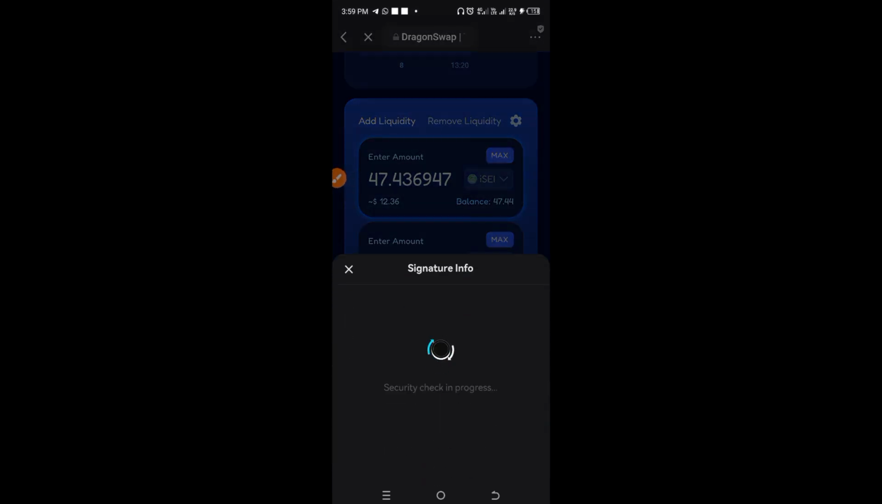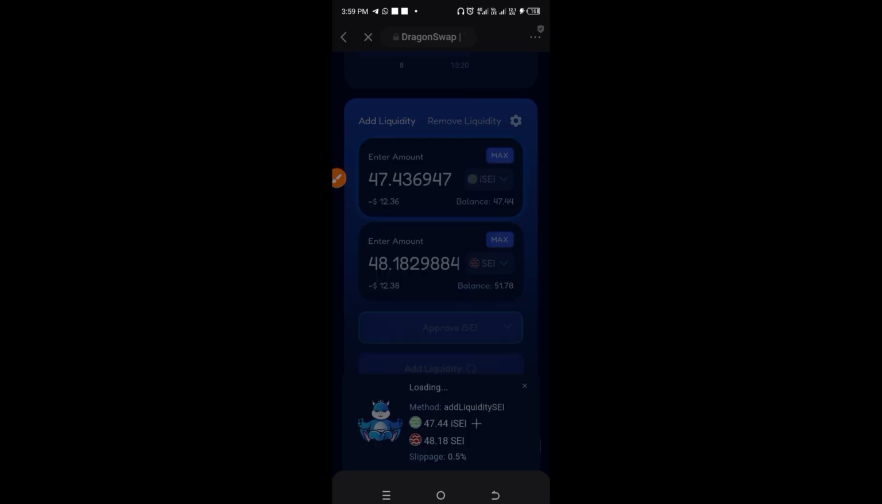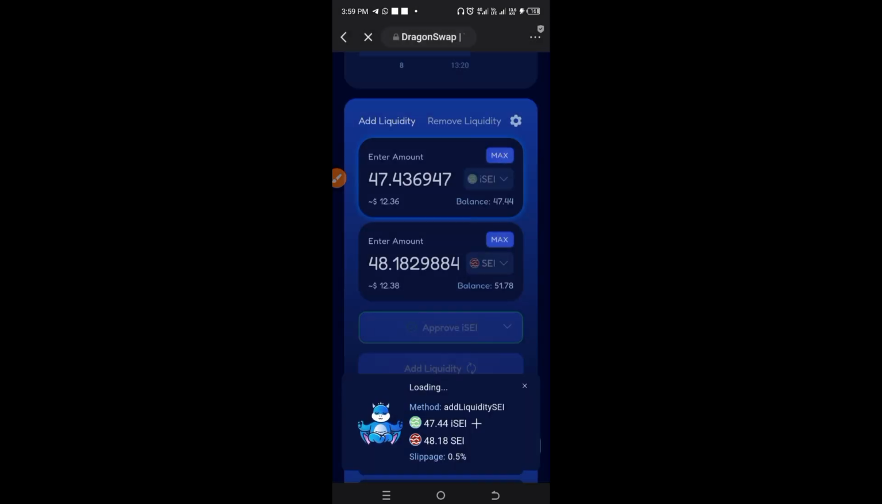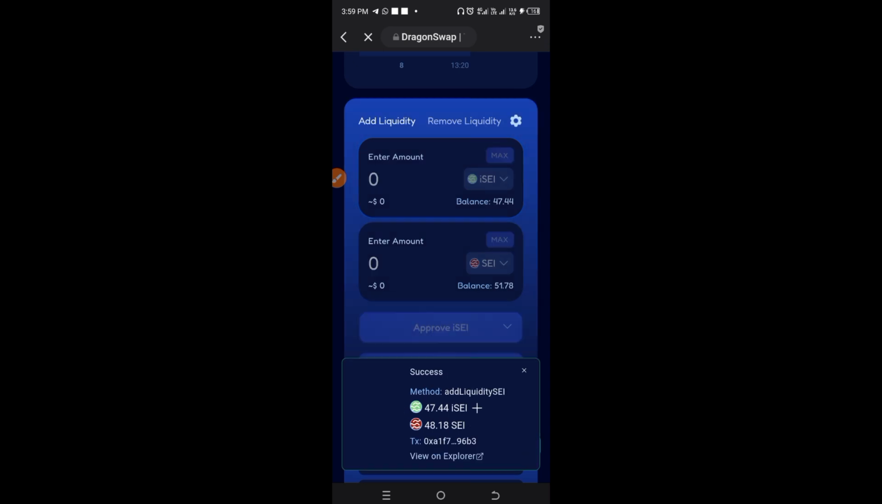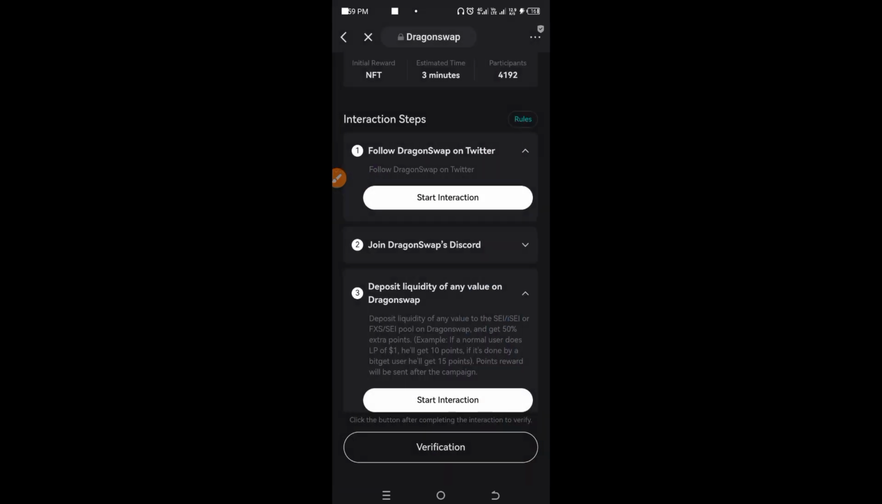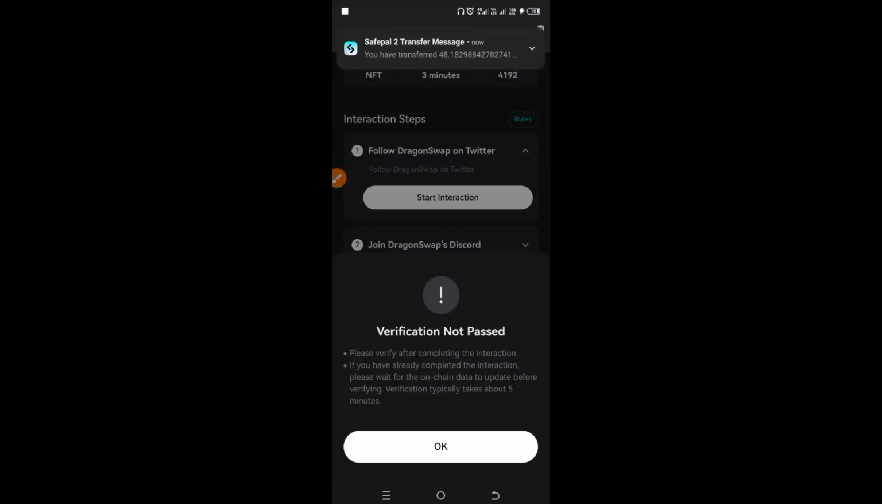So enter your verification and all that. So now we have added the liquidity. So let's go back right straight into it. Click on verify. No, it says not verified. Don't worry,